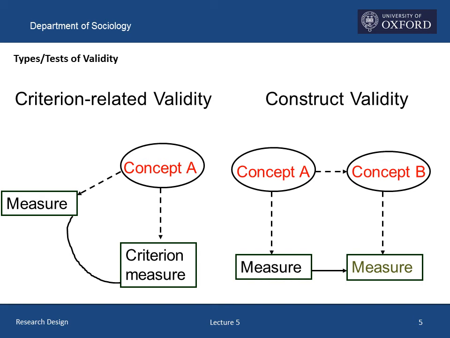Now for an example. It's common to construct measures of social class from the occupational titles of people's jobs. This inevitably is a somewhat indirect way of going about things. Not all jobs with the same title are themselves the same, but it has the advantage that information about a person's occupation is relatively easy to collect. Imagine that in a survey we collected both information about a person's occupation, but also on those features of their job that we would regard as indicators of social class, measured at an individual level.